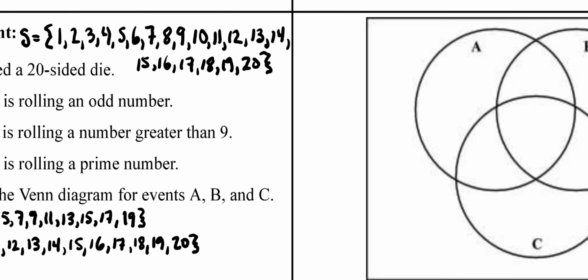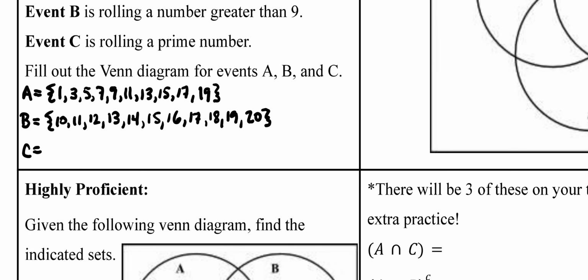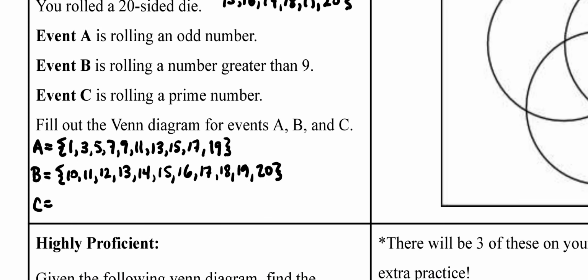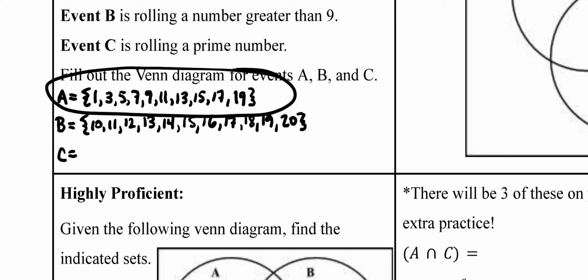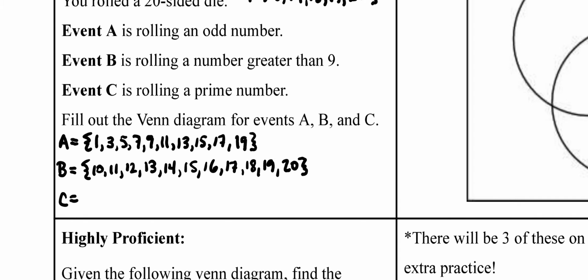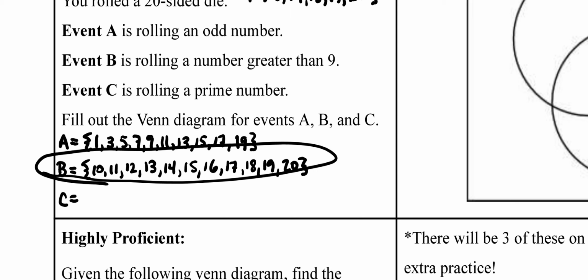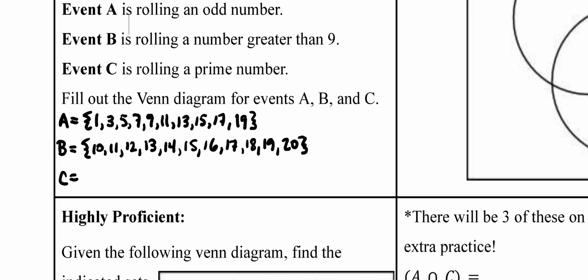The first thing that I would do is list out the whole sample space, and I've just called that S for sample space. And then I've listed event A, rolling an odd number, so I listed out all of the odd numbers right there. Event B is rolling a number greater than 9, so I listed out all of the numbers that are greater than 9. And then C is rolling a prime number, and I just wanted to talk about that, which I didn't list at first, that a prime number